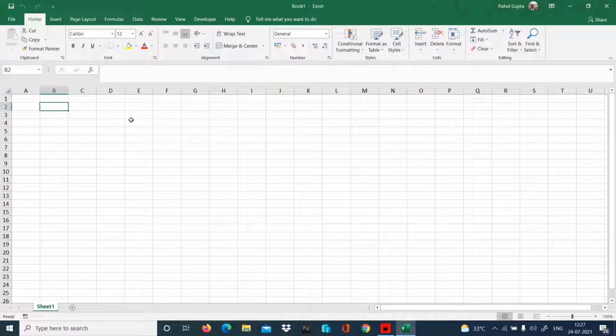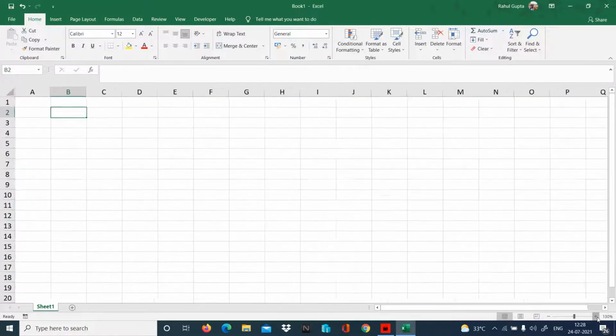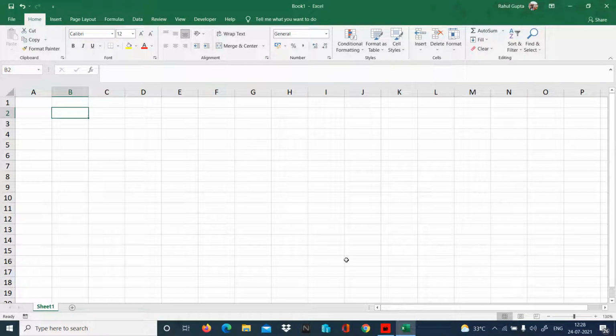So we have categories of functions. For the very first day, we'll start from the basic set of functions. Basic functions are very important because in that we get the base of Excel and the functions. You can see we have a blank worksheet. We don't have any data in this. So first let's create the data, which we are going to create on the spot.